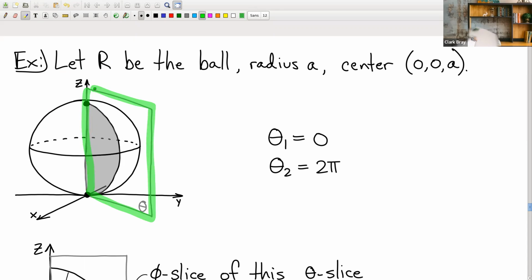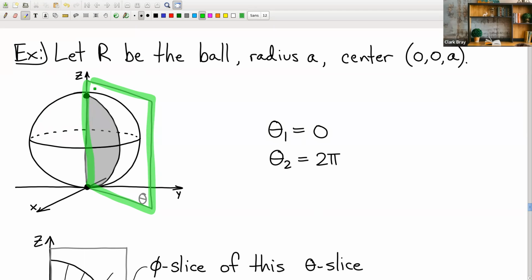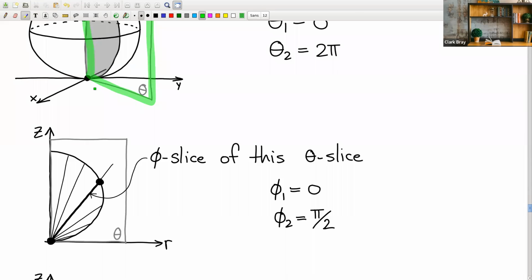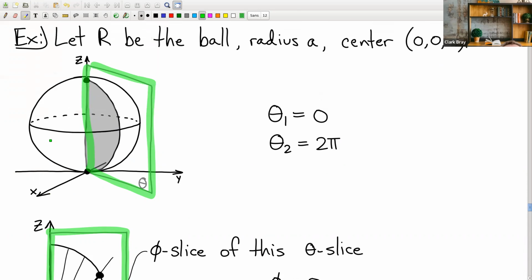Here's the thing, that theta slice that we're looking at, it's at some kind of an angle, and it's not that we can't work off of that picture, but sometimes life is a little easier if you just redraw the picture. This is still that same theta slice. I'm just drawing it so that I'm looking straight at it. I find this very often makes the geometry easier to think about. Right? So this theta slice, what I've got here,